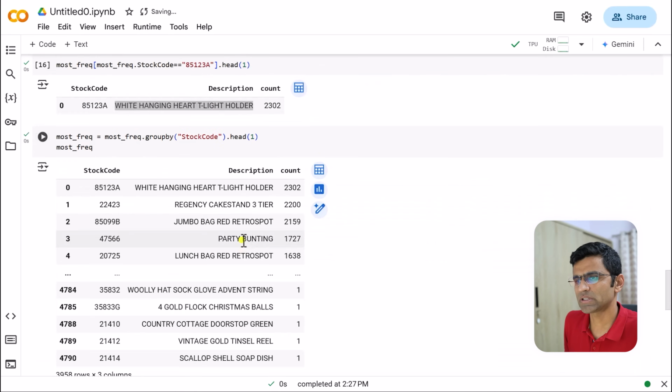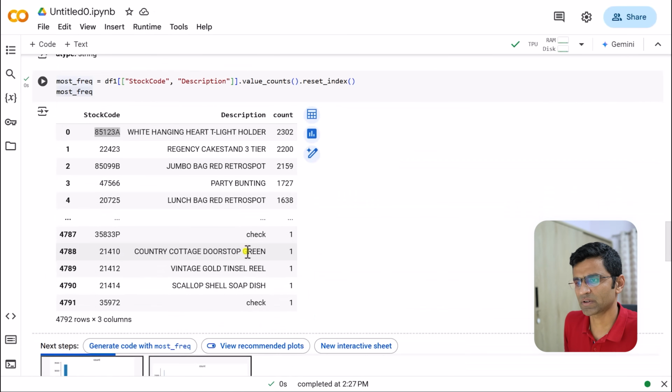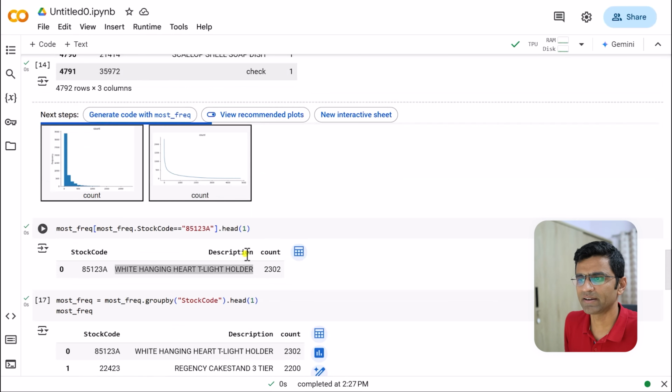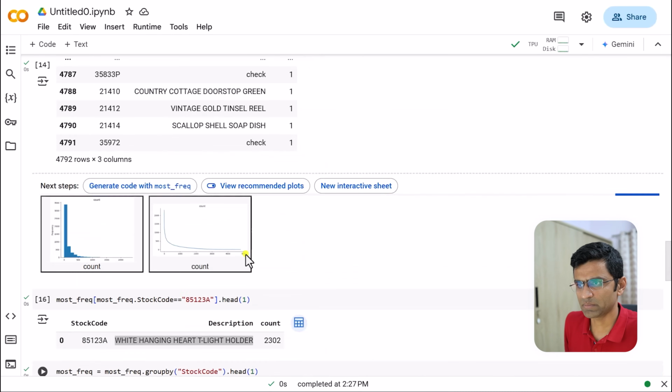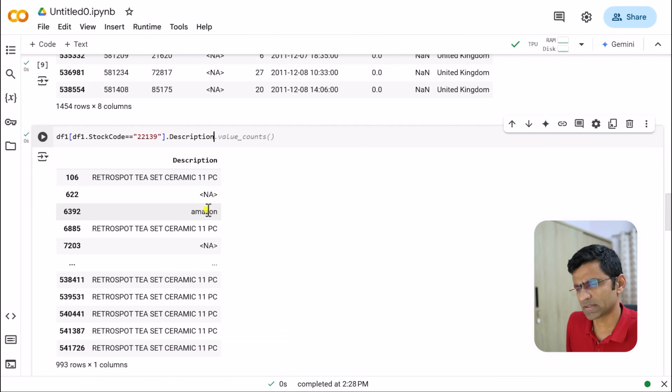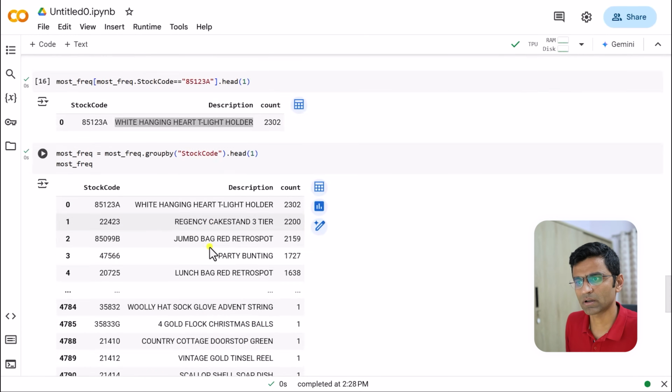Why? Because we saw one of these values where it was Amazon. Amazon is not a valid description, right? So let me just show you. I think it was here. So when we are looking at this, see, this is not a valid description. So I want to replace NA, but I want to replace this also with whatever is the most frequently occurring